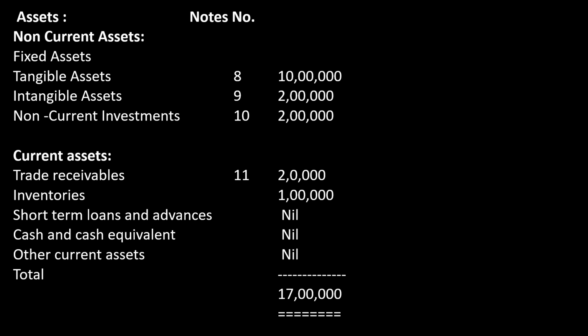The next, it should be a continuous number. For tangible asset, you give a number. The intangible asset also you give a number, that is 8, 9, 10, then 11. That's all. Inventories and all, you don't have a number for that actually. Okay. So the last line, on the previous page you have a total of 17 lakh for liabilities. Then in this slide we have a 17 lakh total of assets. So this is how you do the balance sheet, one after the other, not the left hand side and right hand side. Okay. So this is all about your first sum.